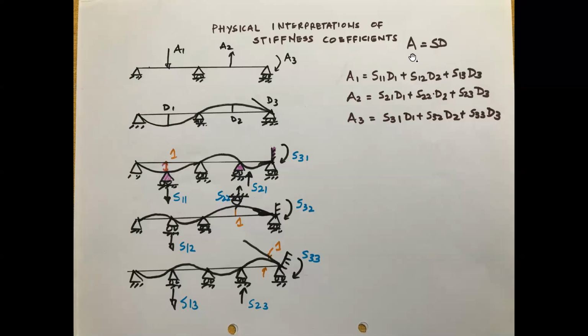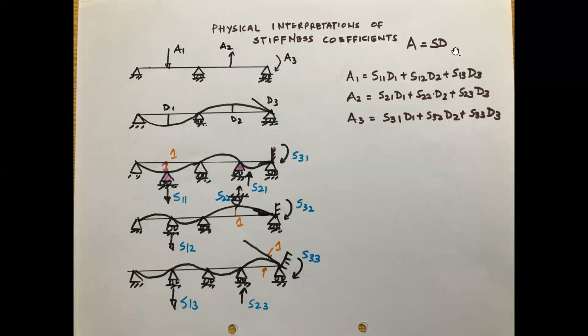What is the stiffness equation? It is A is equal to SD. What is A is equal to SD? It relates the number of forces on the left hand side, several forces A1, A2, A3,